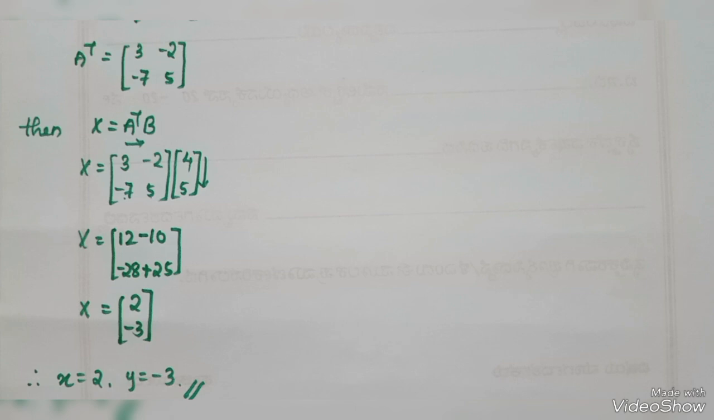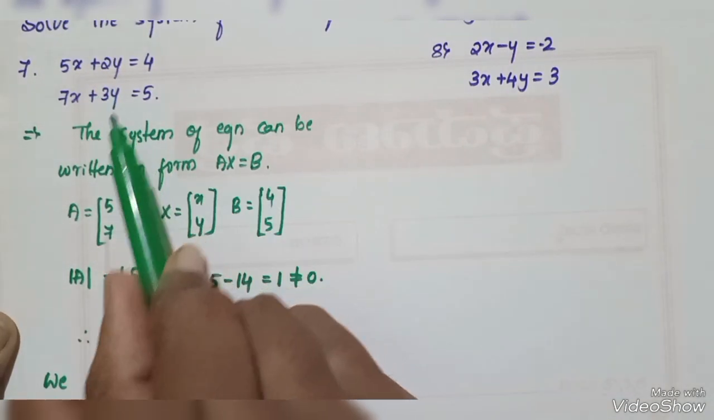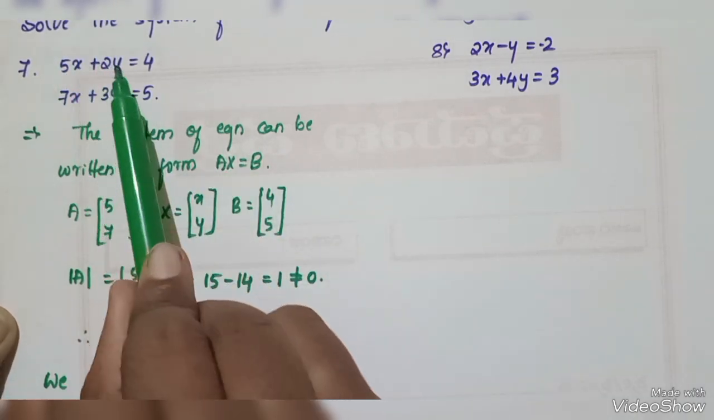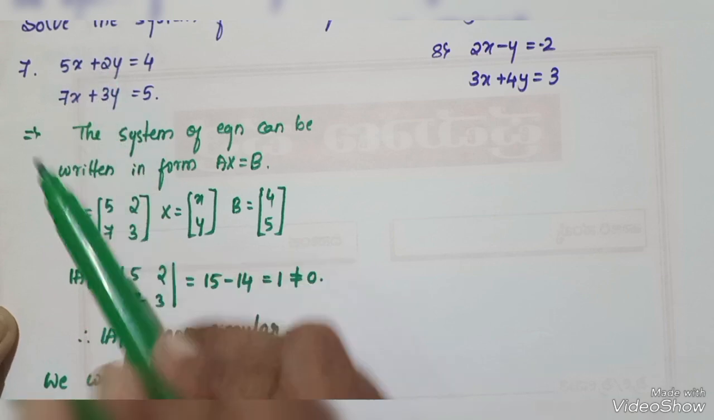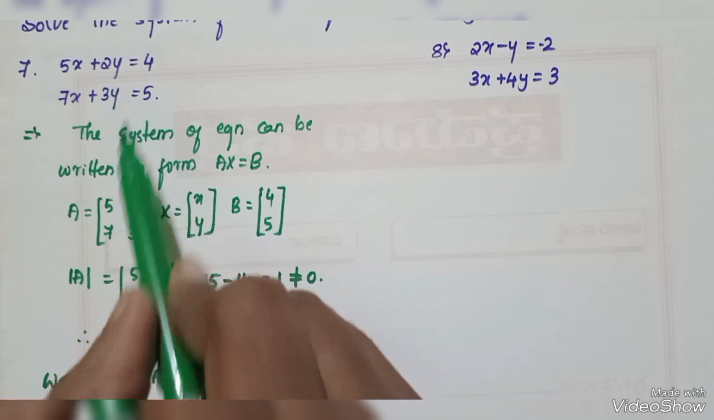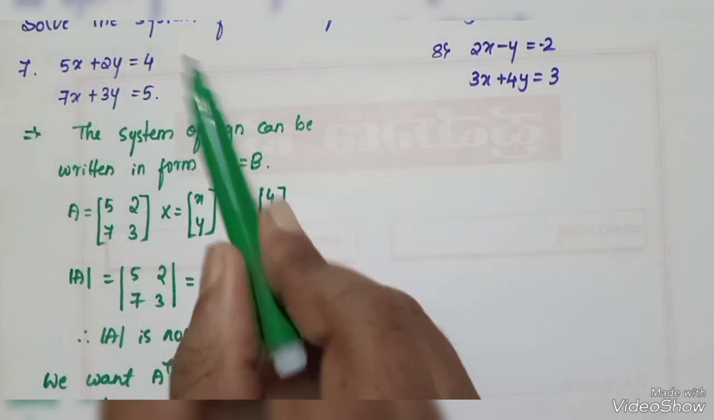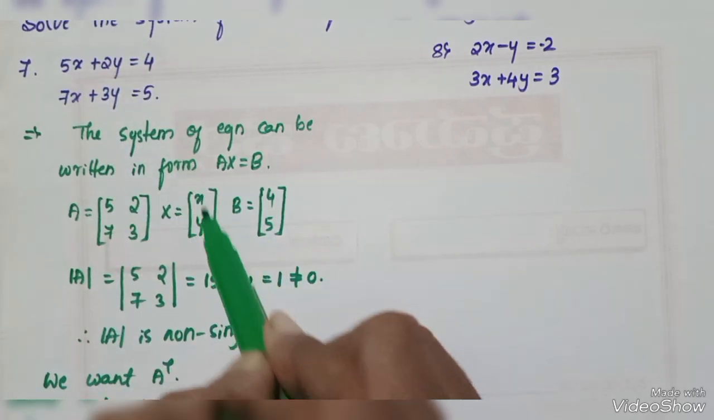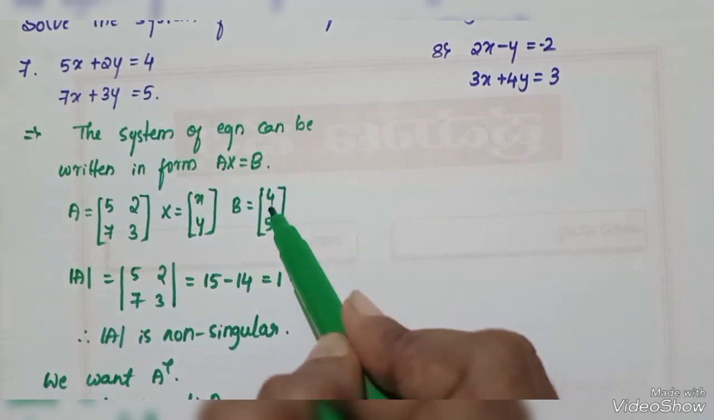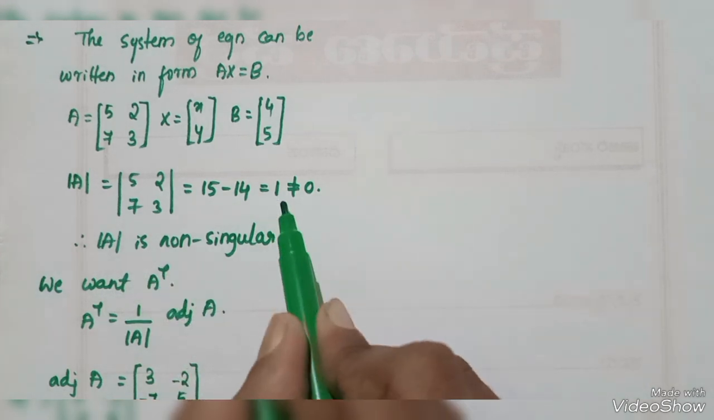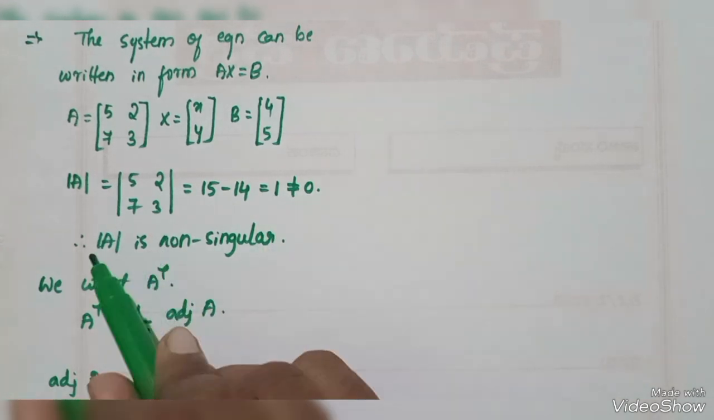Now I will explain once. The first step is to write the system of linear equations in the form AX equals B. Here x and y have the corresponding values, written in matrix form. Here they gave only two linear equations, therefore two rows. X is the column matrix of variables x and y, and 4 5 is also a column matrix. The next step is finding the determinant, that is 1, which is not equal to 0, therefore